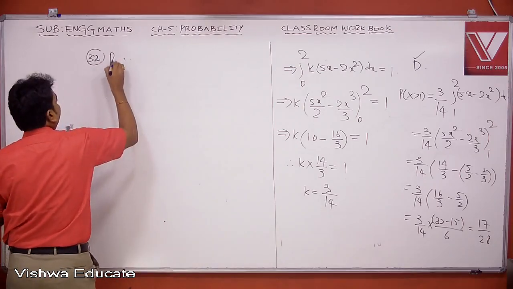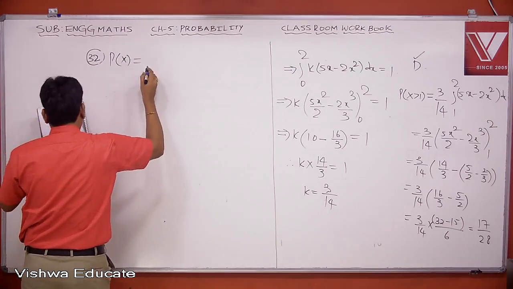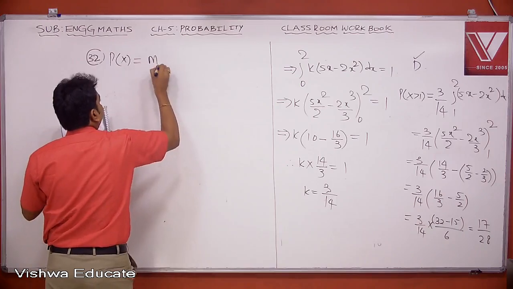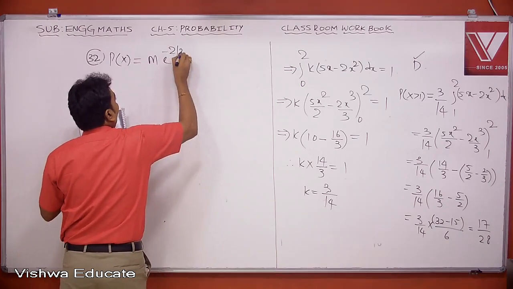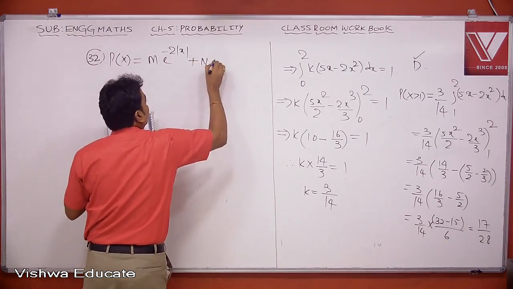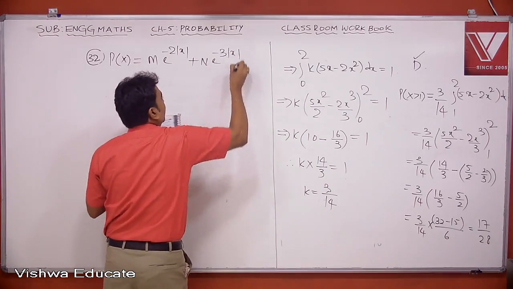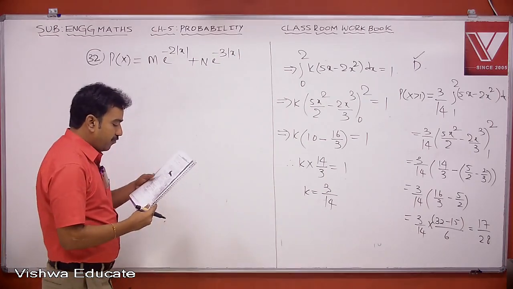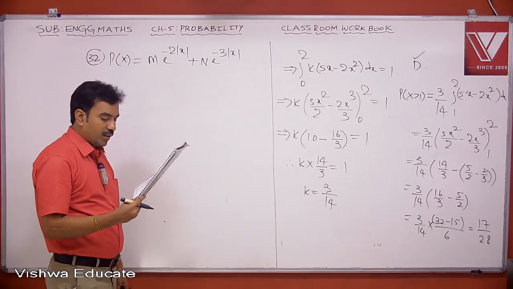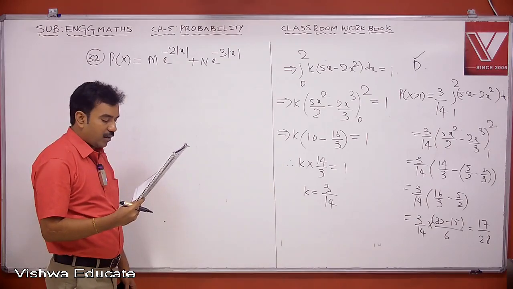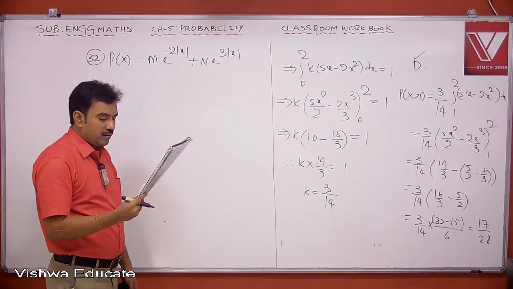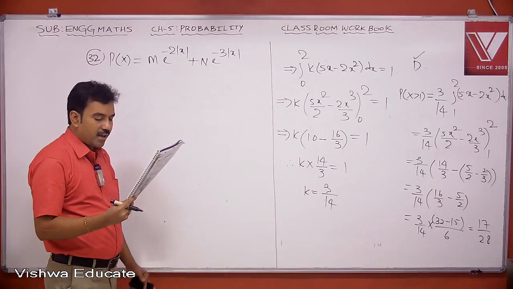Suppose P of x equal to m times e power minus 2 mod x plus n times e power minus 3 mod x is the PDF for the real random variable x over the entire x-axis. m and n are both positive real numbers. Then the equation relating m and n is,